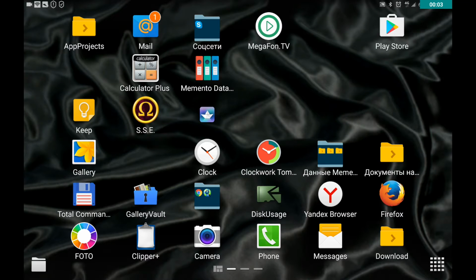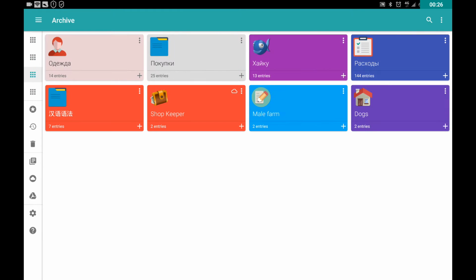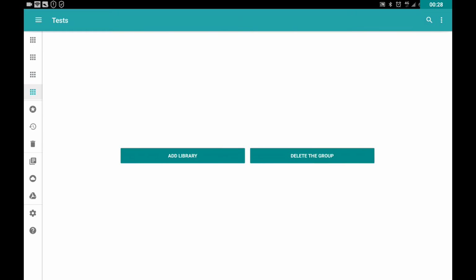Now, Memento and Tasker can be used to log all incoming SMSs. In order to create a database in Memento, which is going to store or keep a record of all new incoming SMSs, we need to first go to Memento and create a template or a library which is going to store all these SMSs. So what I do first, I add a new library,